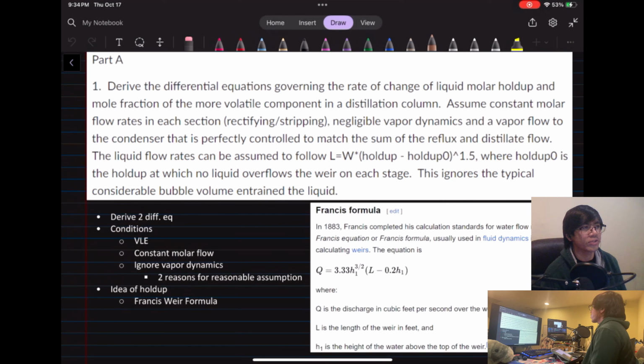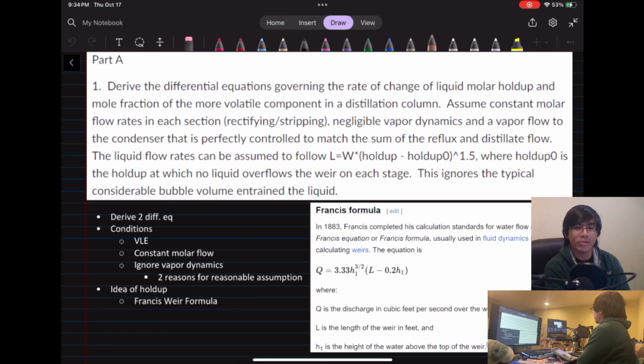Well, we have constant molar flow rates. So again, that relates to the heat of vaporization not changing with composition. Kind of went over this already in a previous video, so I won't go into too much detail here. That was the video where we did our first distillation column. So this is our second distillation column we're doing, but some things have changed. So that's why I'm going over the details. And another one is we're